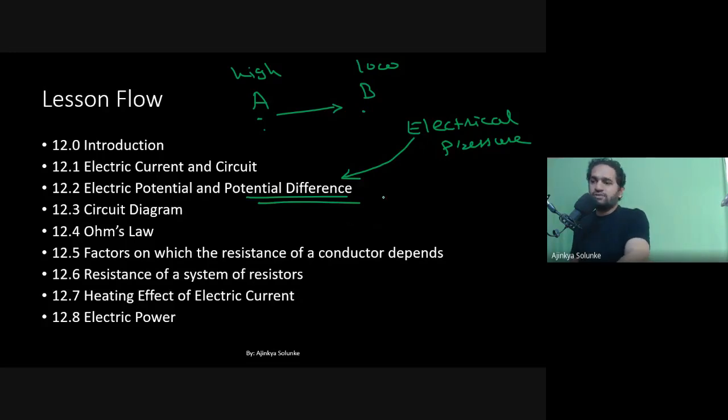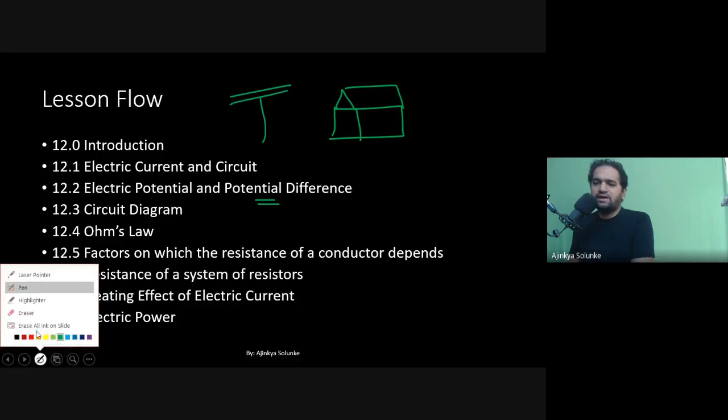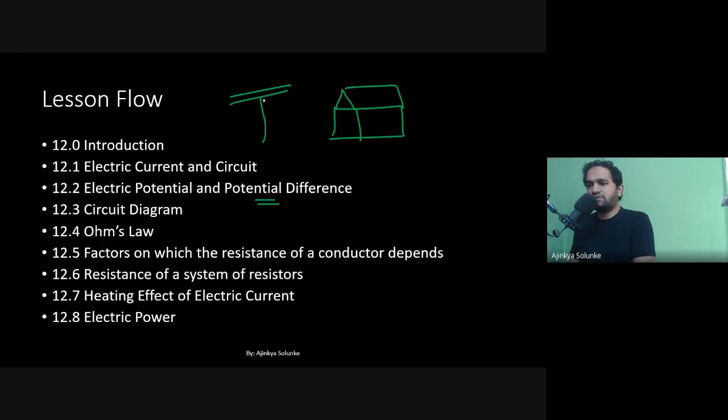Okay, now next question. If we have understood electrical pressure and everything, one more point. What kind of device do we use for measuring potential difference? But before we get into that, can you please answer this question? If this is your home sweet home, and this is the electrical pole which is outside your home, and your electricity connection has come from this pole to your house. Okay, this is your electrical connection. This is the pole, right? So one question. Who is at high potential, high electrical pressure, and who is at low electrical pressure?